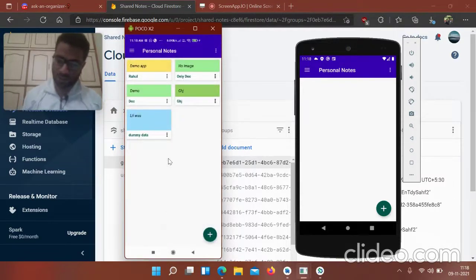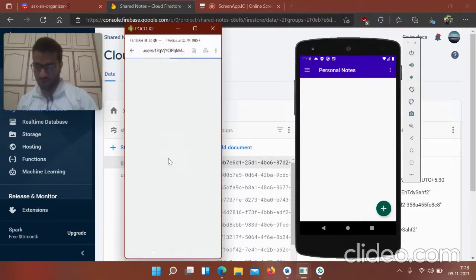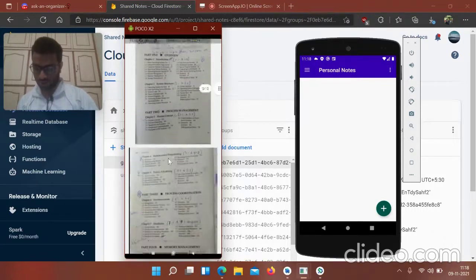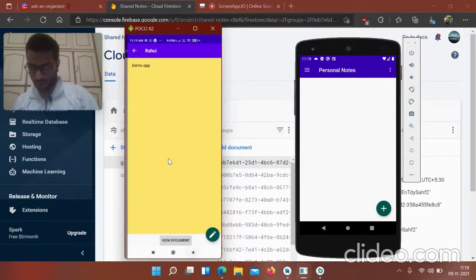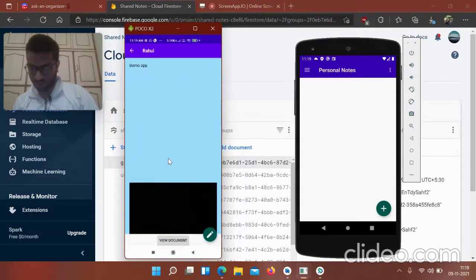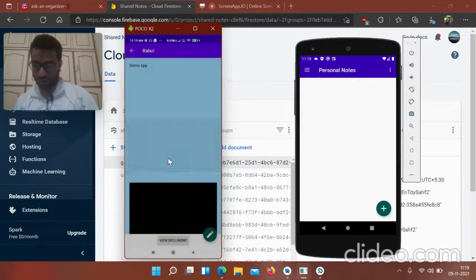The note has been added, and if I click back to this, I can view the document. This is the document that I have uploaded, and I can also see the image that is currently being loaded. This is the image. We can see it in full screen.